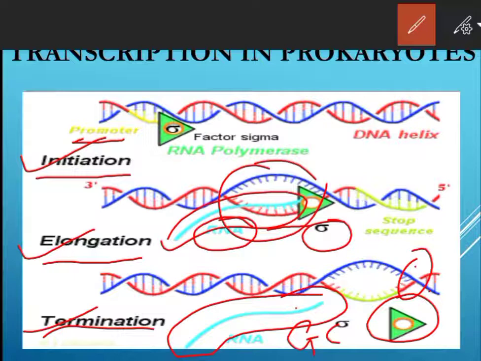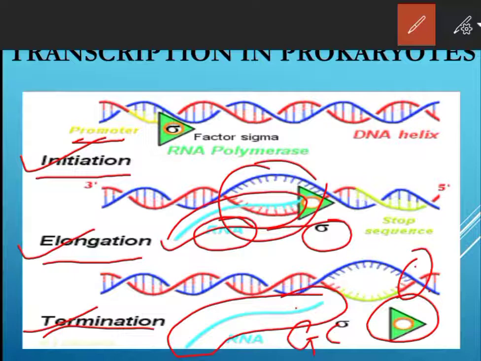In prokaryotes, mRNA does not require any processing to become active, and both transcription and translation take place in the same compartment, as there is no separation of nucleus and cytosol in bacteria. Therefore, translation can start much before the mRNA is fully transcribed. That is, transcription and translation are coupled. This occurs only in prokaryotes, that is in bacteria.